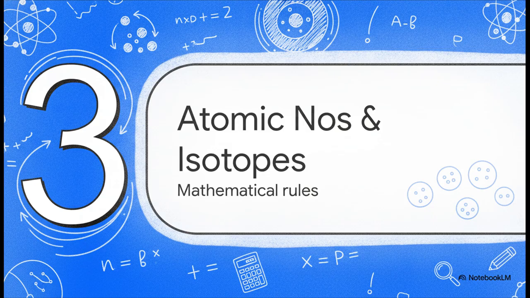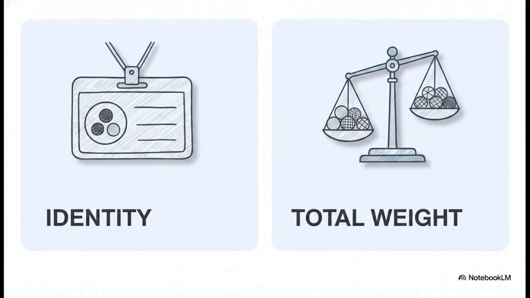Let's quickly nail down the mathematical rules. Before we solve Rutherford's little crashing problem, let's take a quick time out to establish exactly how we identify these elements mathematically. It's really all about counting. Your atomic number, represented by the letter Z, is simply the number of protons in the nucleus. Think of this as the atom's identity card. Carbon is carbon strictly because it has 6 protons, period.